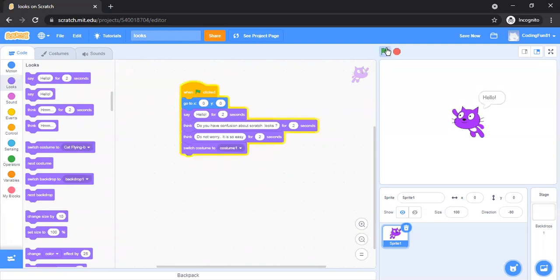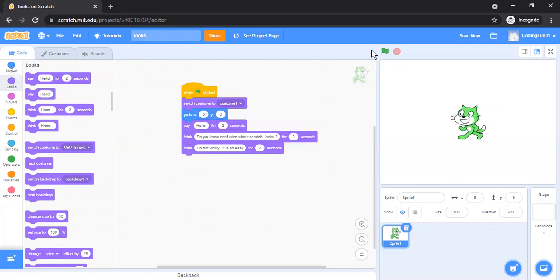Now check it. It will come back to this costume because this is costume number 1. Okay, let me fix it here. See. Okay, so all the code one after another is coming.